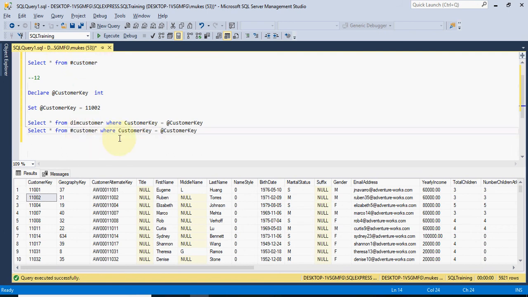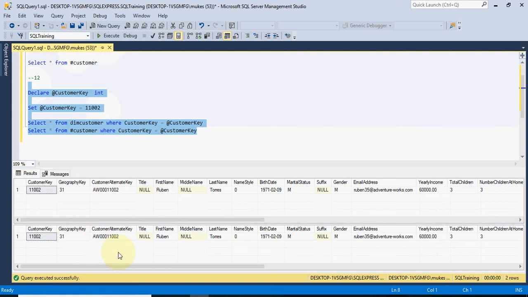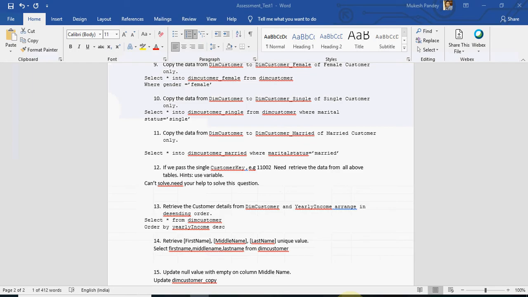So whatever table is there where you require this, you can use the variable. So you can see the data retrieved, which is the customer key is equal to 1102, right? Same as the question is asking.